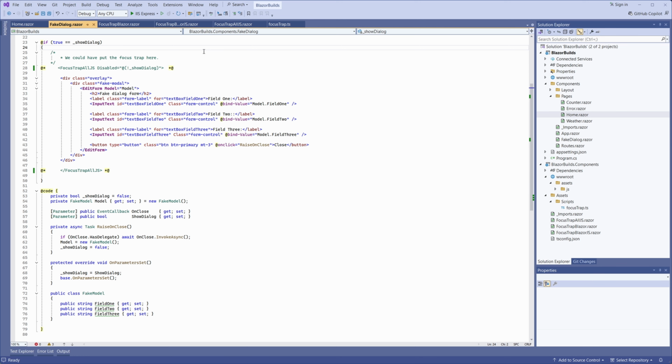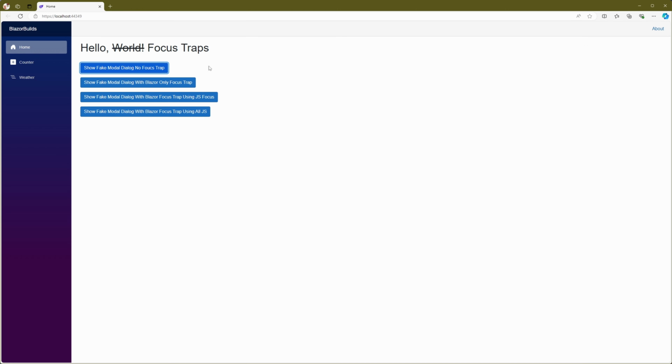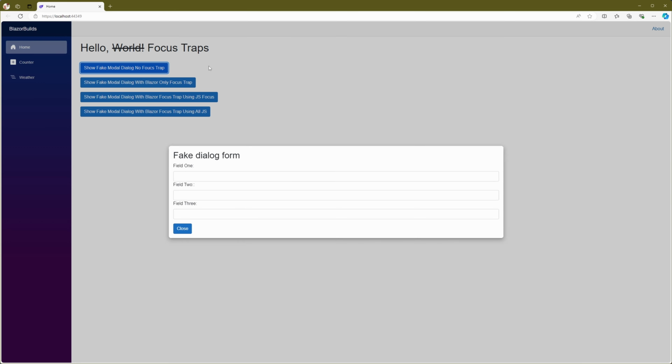Let's run the app before discussing the code that was used. The focus is currently on the first button. I am only going to use the Tab and Shift keys for navigation. Let's press the Enter key to open the modal. Look at the focus going down the other buttons as I use the Tab key to get to the dialog